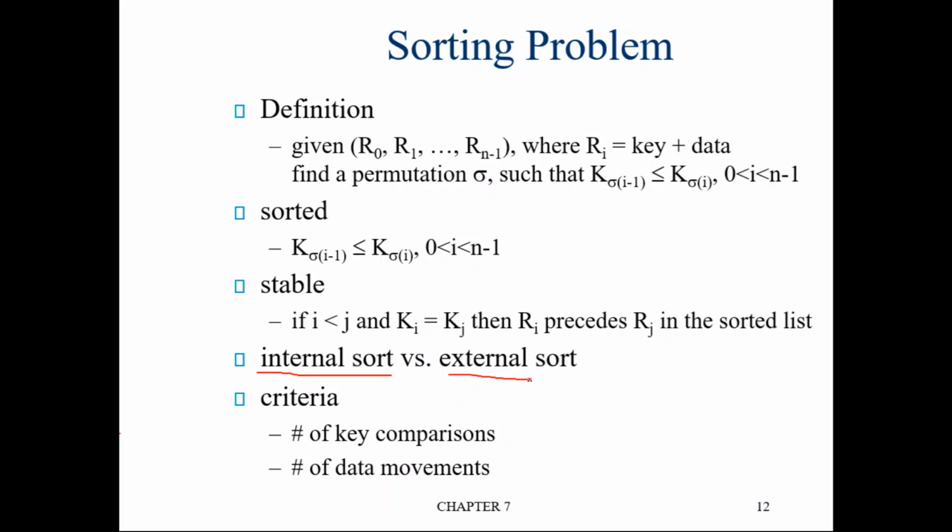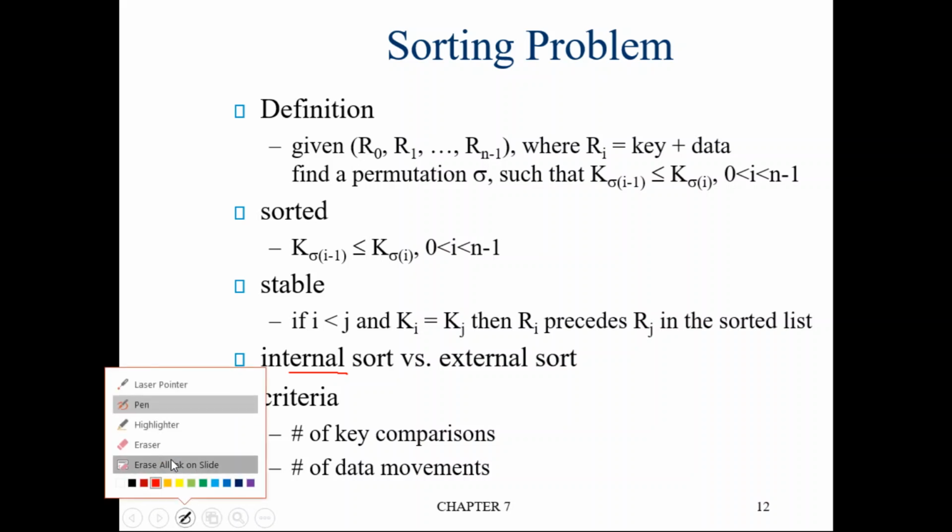So in simple terms, internal sort will be used for sorting a small amount of data, where the entire data can be placed in the main memory. If the entire data cannot be kept in the main memory and some portion of the data should be in the hard disk, in that case, we go for external sort. Some examples of internal sorts are bubble sort, insertion sort, quick sort. One example of external sort is merge sort.